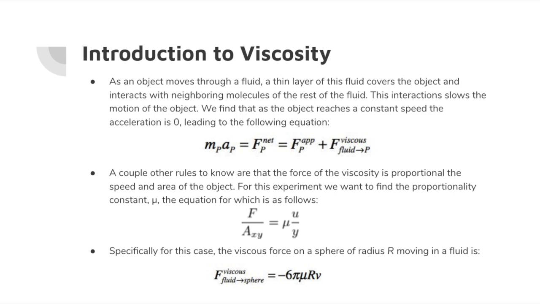A couple other rules to know are that the force of the viscosity is proportional to the speed and area of the object. For this experiment, we want to find the proportionality constant, the equation for which is as follows. Specifically for this case, the viscous force on a sphere of a radius r moving in a fluid is